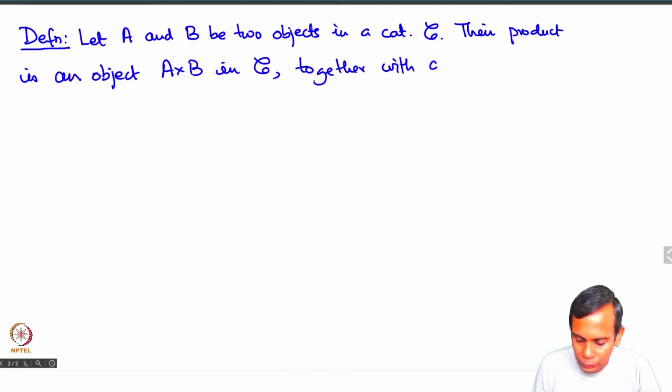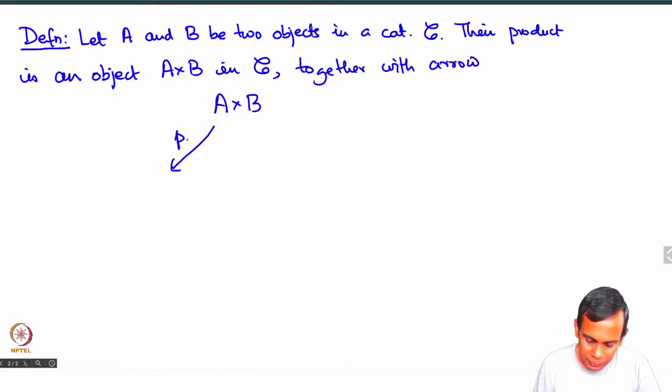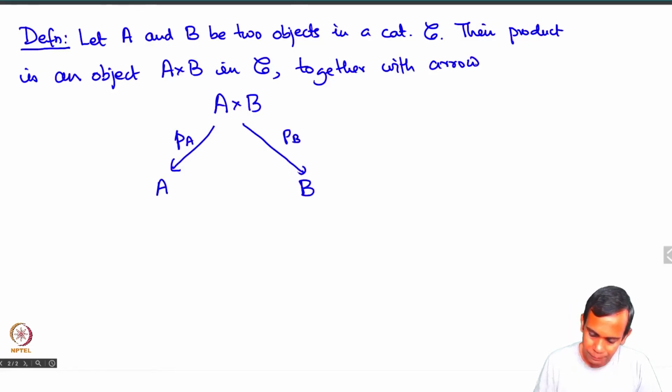I'll use diagrammatic notation. So for A cross B, we have an arrow P subscript A and P subscript B. This goes to A and this goes to B. Okay, such that